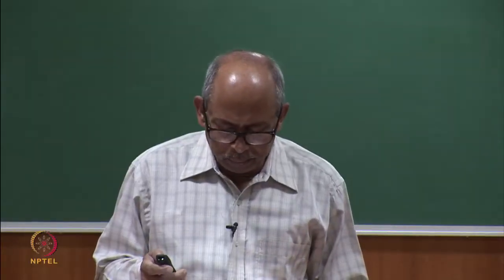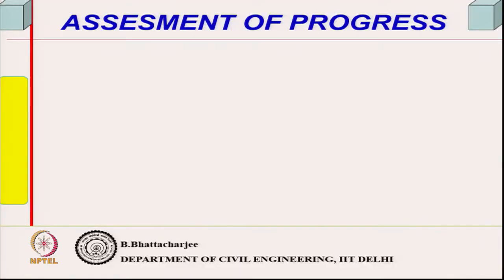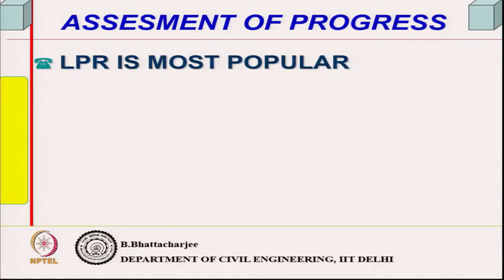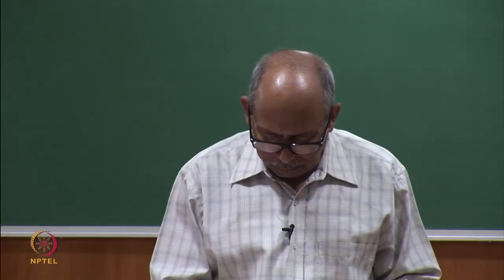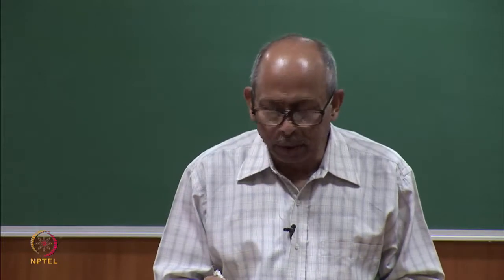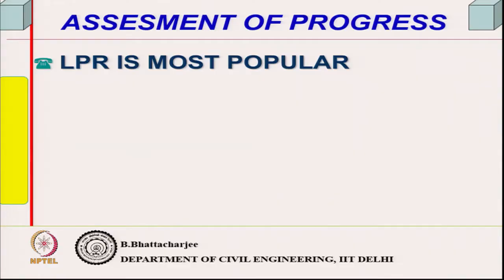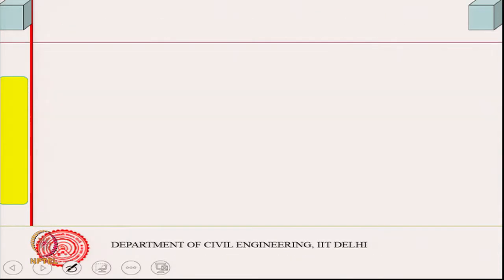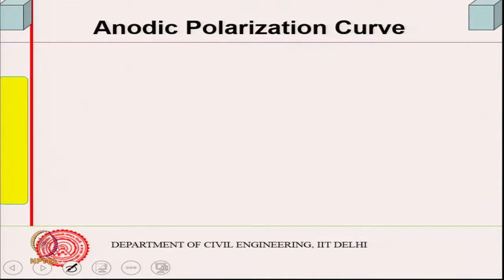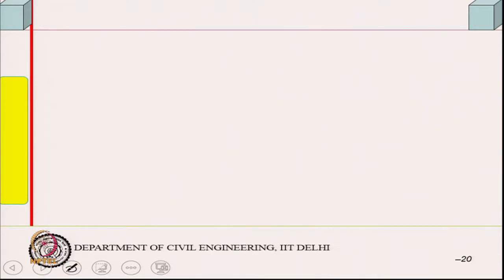Let me continue on the assessment of the progress of corrosion quickly, but we will not go into details of the physics and the chemistry of it. One of the most popular methods is called the linear polarization resistance method. Just quickly, without going into much of the electrochemistry and physics behind it, I think I will go to the diagram straight away. If you look at it, this diagram will give you some idea.